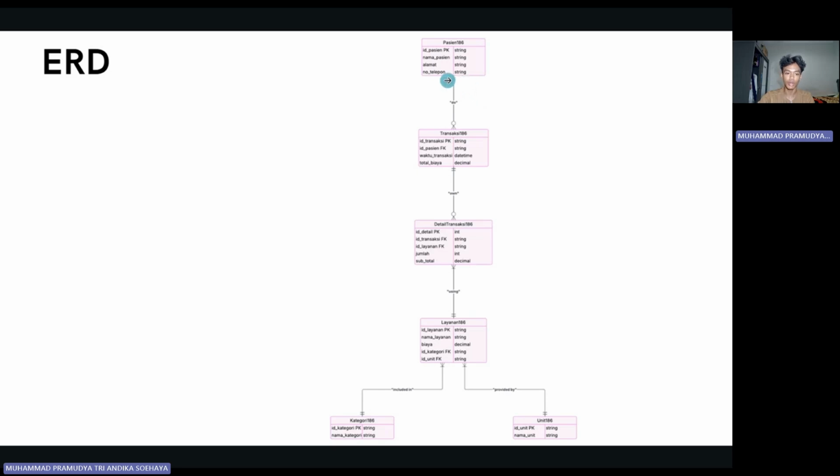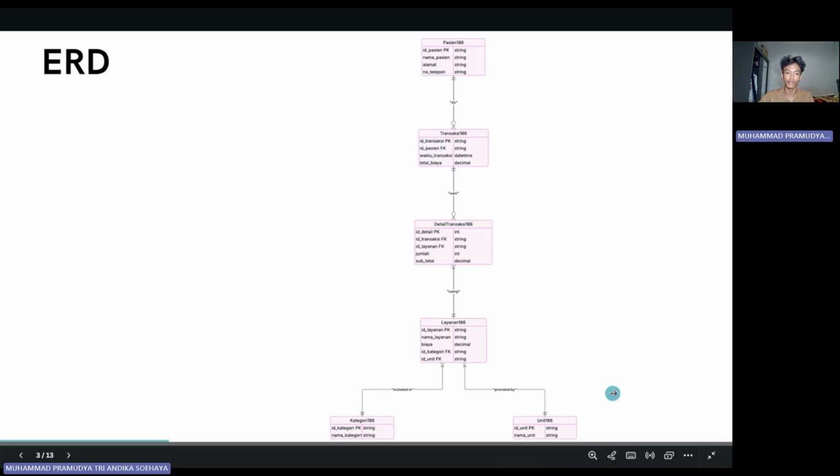The primary key is ID patient, or ID pasien, and the attributes are nama pasien, or name of the patient, the address, and the phone number. The type of this primary key and attributes is string. Then we have Transaction 186 that contains records of financial transactions.